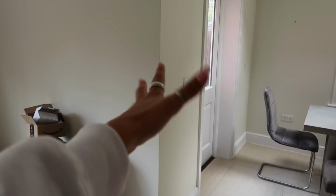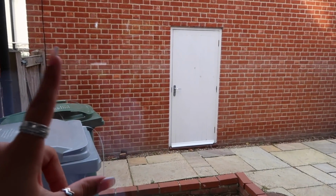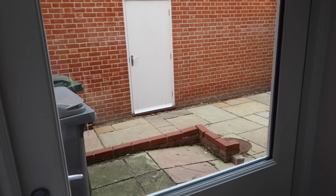So this wall here, I do actually have the architect plans to show you guys, so we'll go through that in a sec. But this wall here is going to go. So this is just like a bit of a chunk of nothing really. It doesn't really add anything to the house. It literally just goes out to here, which is where our garage then is. So this is all just kind of wasted space that we are going to be using for a utility